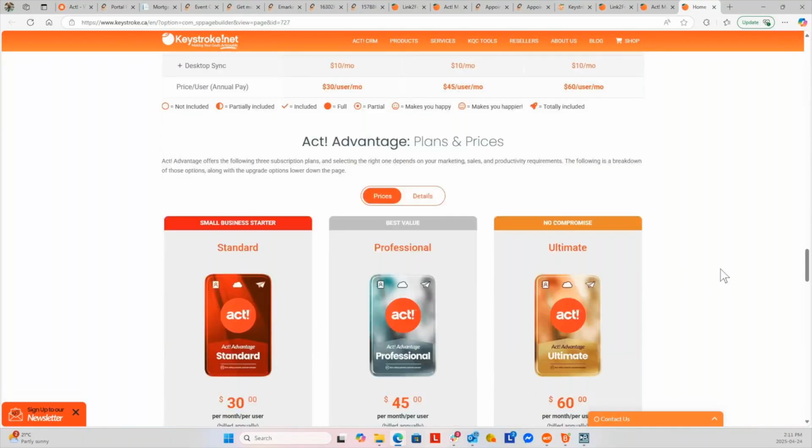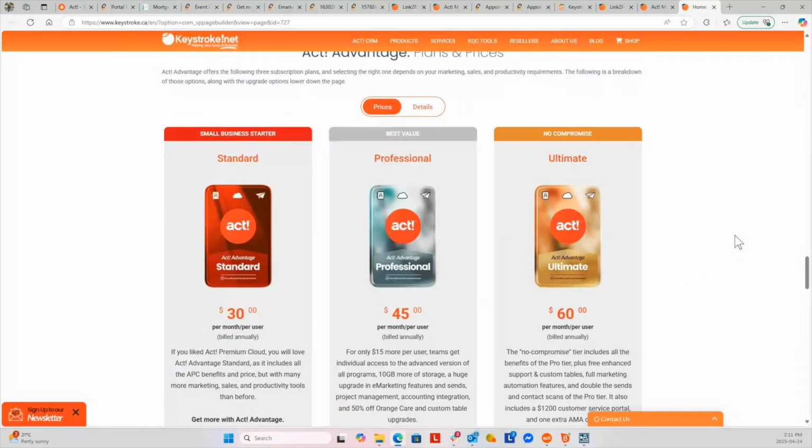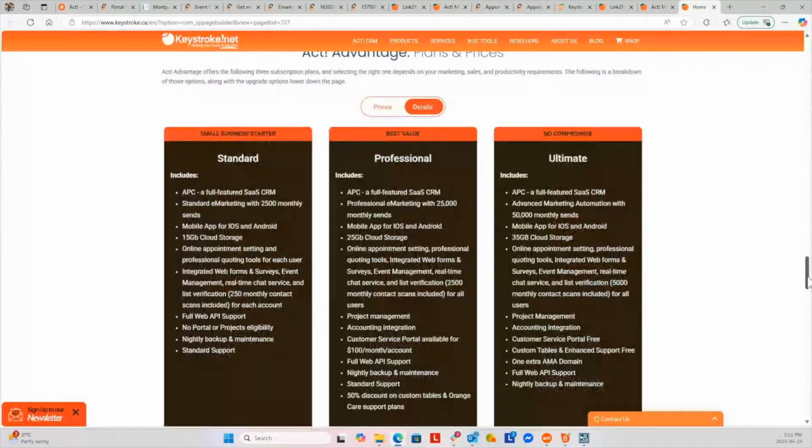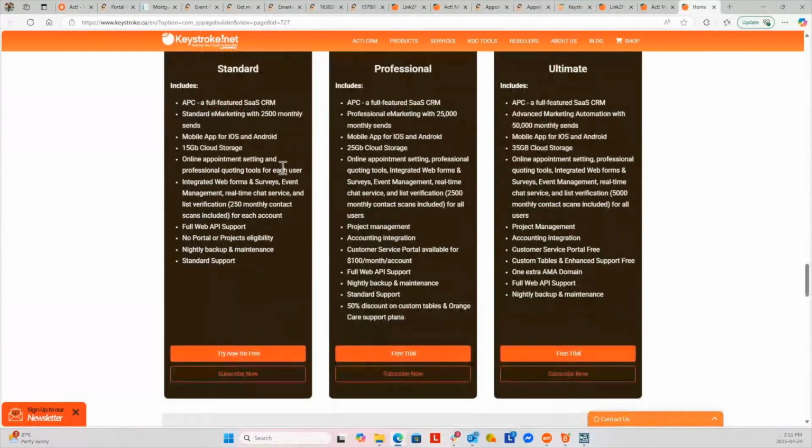Okay, but let's get into the commercial details of these. You've seen the general descriptions. I'm now going to click the flipper and we can see what's included. So you see the full featured SaaS CRM included in all of them. Mobile app included in all of them, 15 gigs, online appointment setting, integrated web form surveys, blah, blah, blah, full web